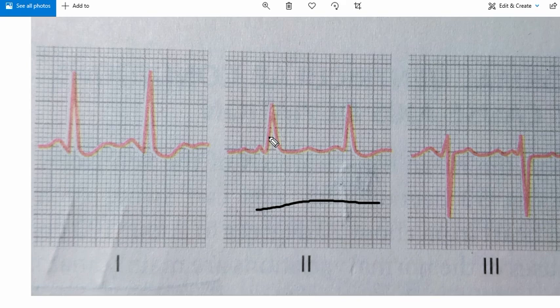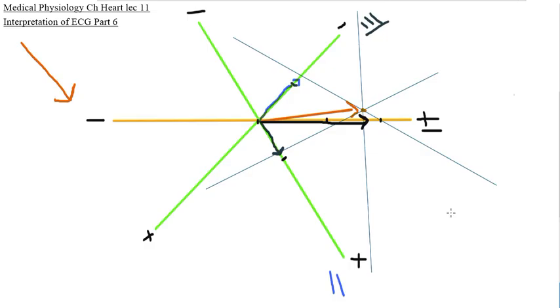Not a blockage. Now we are going to solve another electrocardiograph. I hope you have understood how you can determine the resultant QRS vector from any type of electrocardiograph. After determining the resultant QRS vector, you can easily interpret whether it is deviated towards the left side or towards the right side, and what the possible different types of abnormalities are, whether the patient is suffering from hypertrophy or from a bundle branch block.